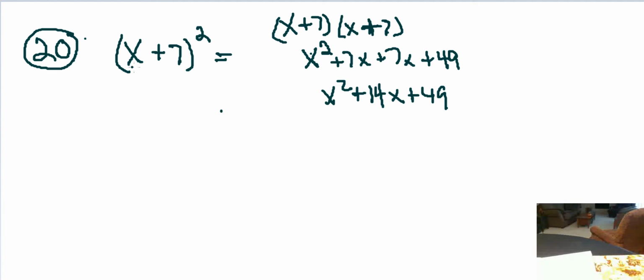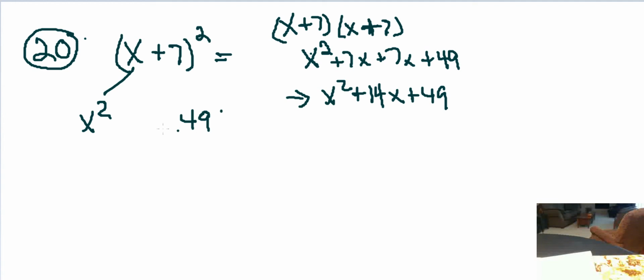Here's my binomial, this x plus 7. I'm going to refer to the x as the first term and the 7 as the last term. So I got first and last. All right. So when I go to utilize the special products on this, I can take the x and square it. I can take the 7 and square it. That would be 49. I'll put it over here because I know I'm going to end up looking like this here,